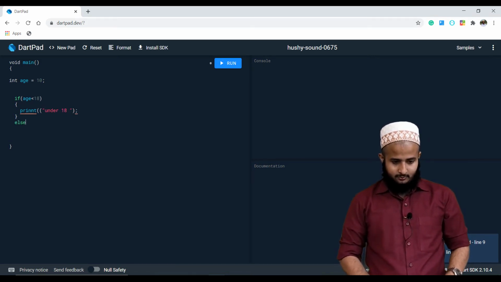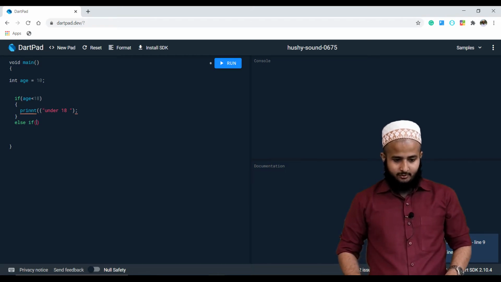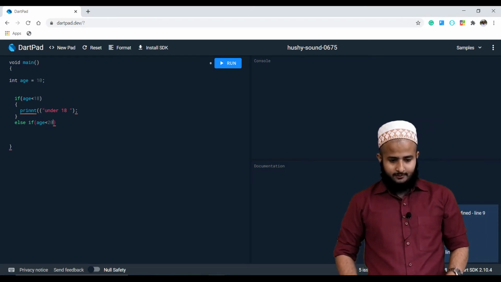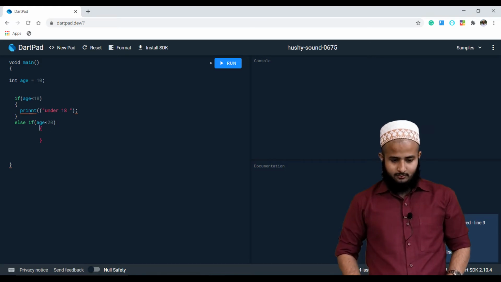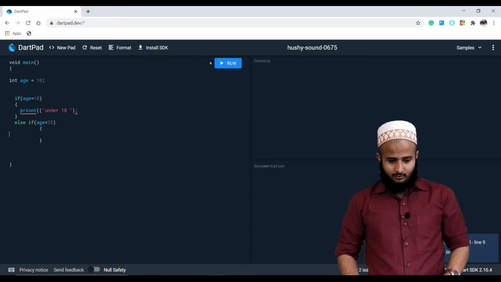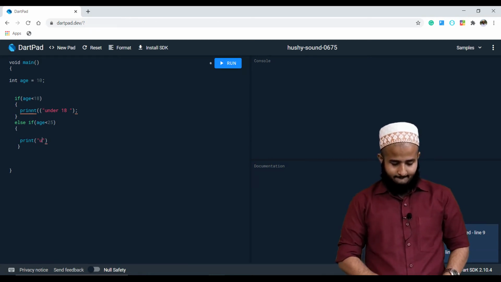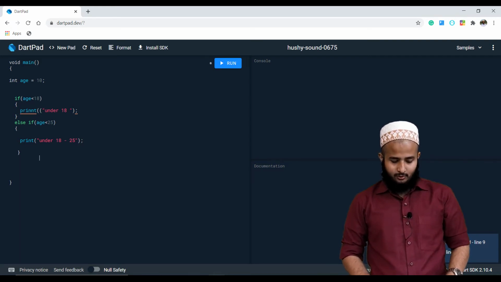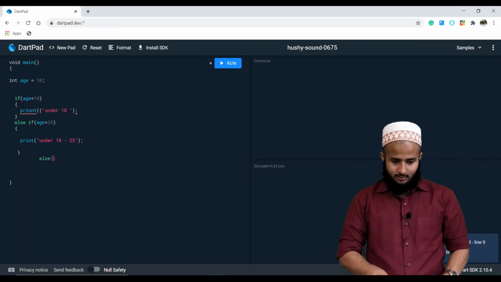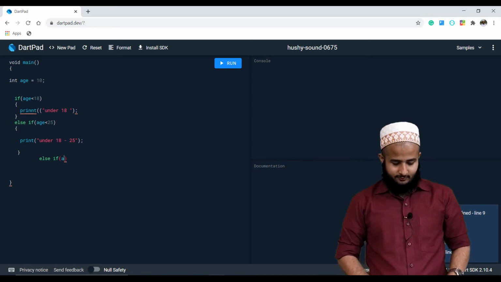Then else if statement, age is less than 25, print under 18 to 25. Now the next condition, else if age is less than 30, then we print